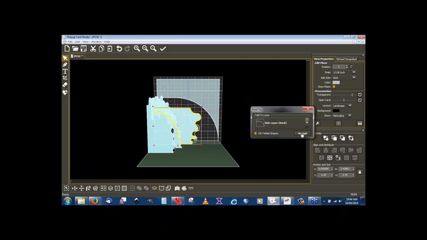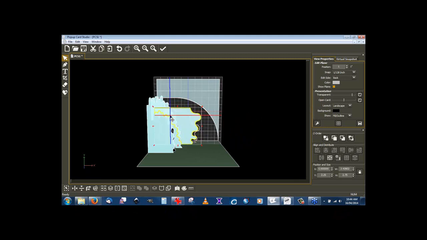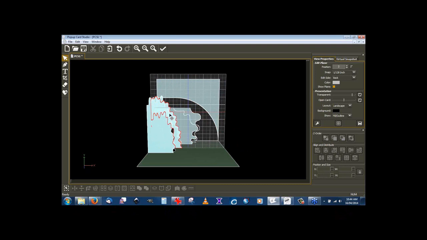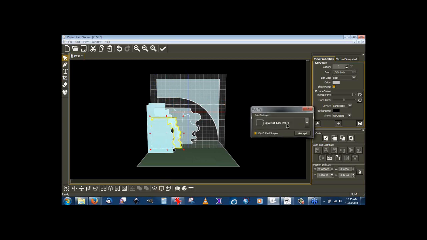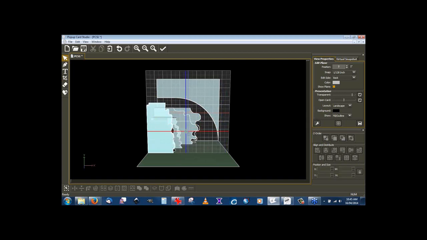It wants to fold back to the back, I go accept. Then I come to the next one, forward, which is this one here. So the same again, what I need to do is have a straight section here for this to join to the back. So I make a straight edge on that piece. With that selected, I go fold back, and I want it to fold back to that 1 inch mark. I go accept. Then I come forward